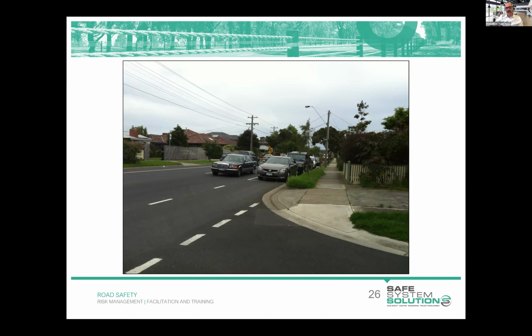And parking is always an interesting one, isn't it? You go, just remove all the parking. But if you've worked in local government, you'll know that often is a huge challenge for a number of reasons. And so that just may not be able to happen. And so other things